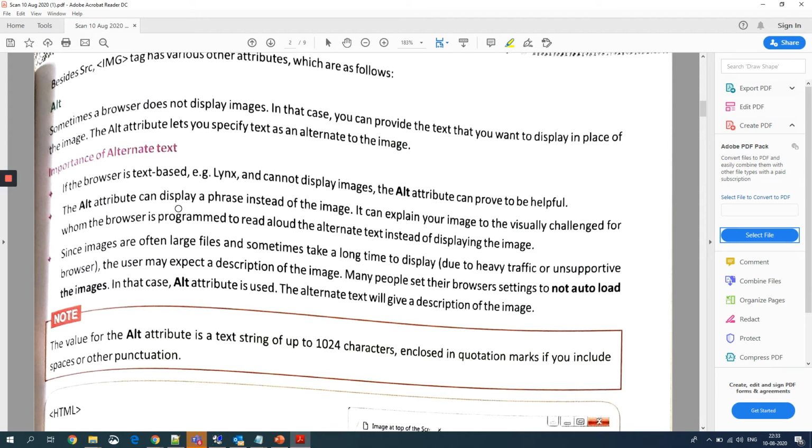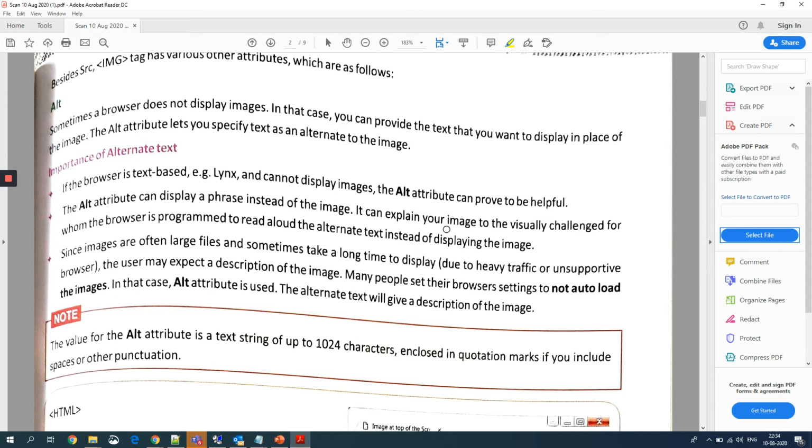Now the alt attribute can display a phrase instead of an image. What happens with the alt tag is, when we give the alt attribute to the img tag, in case your web page is unable to display the image properly, the alt attribute will just give a single line of text.